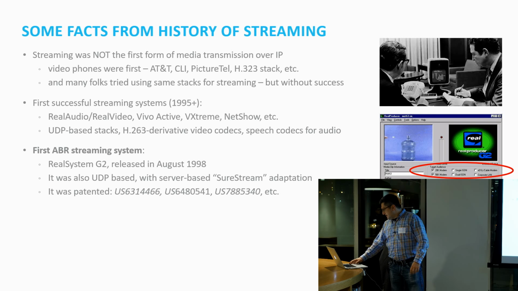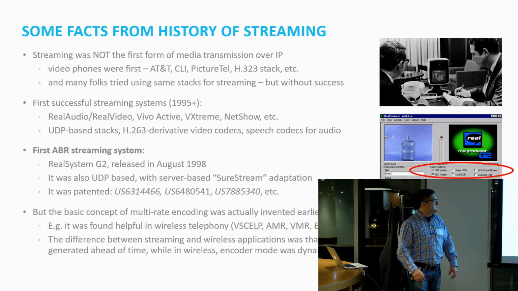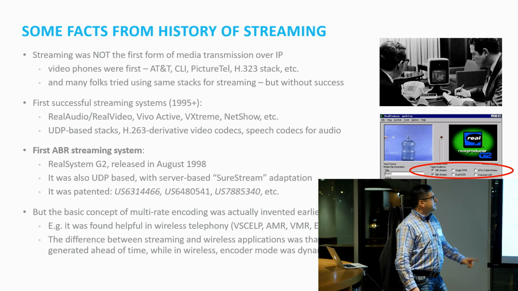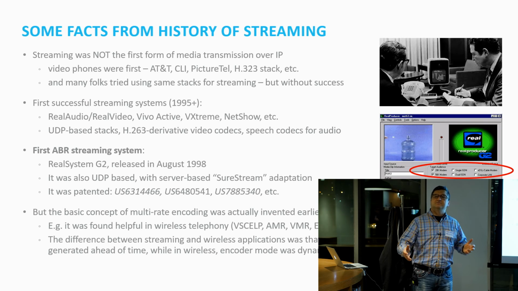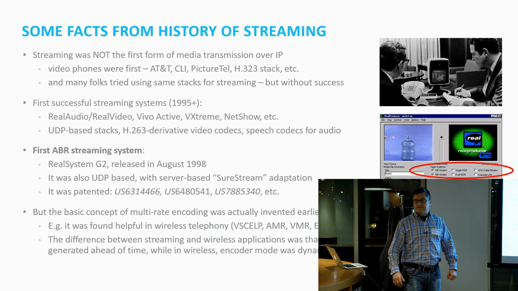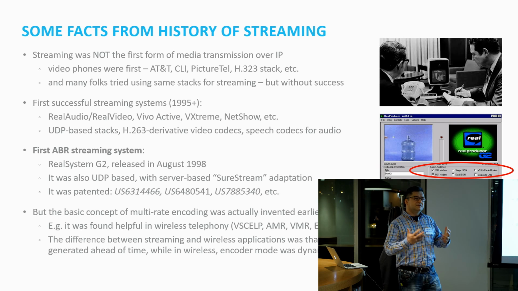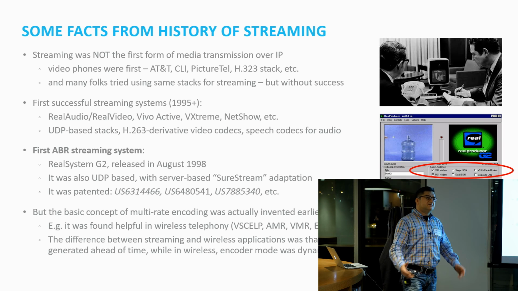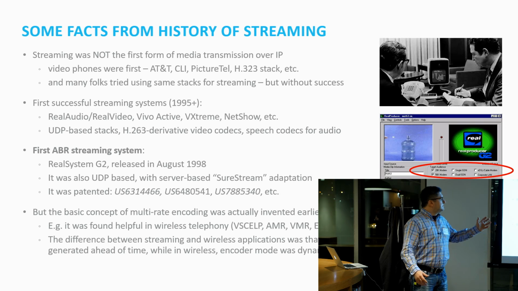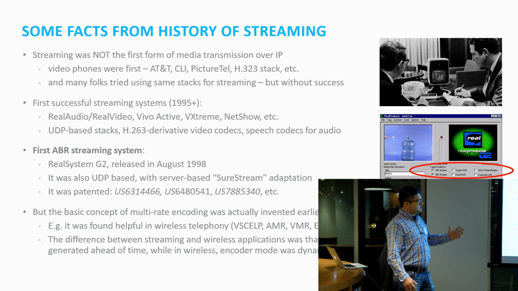But later, actually, what I discovered is that what was invented was novel in a way how multi-rate encoding was used. We encoded video and audio at multiple streams, and then we were dynamically selecting them. But the sheer fact that video and audio could be encoded in multiple streams, it was known earlier. In fact, in wireless telephony, there already existed several so-called multi-rate speech codecs. It all goes to half-rate GSM codec and later AMR family, and as well as in 3GPP2 there was VMR